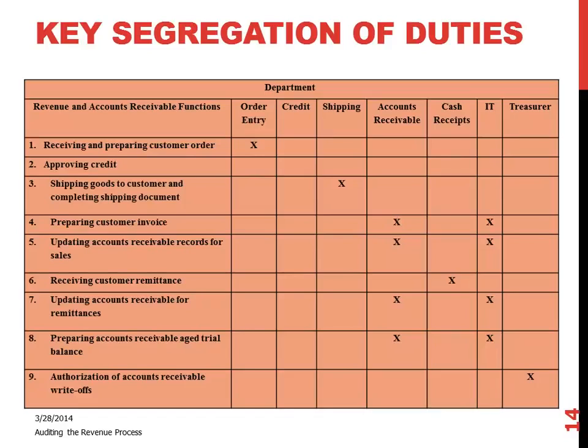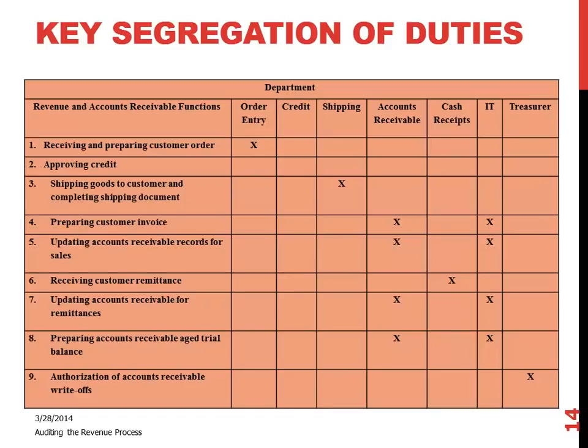Really dealing with the person who's responsible for overall the cash, right? So you would then, along that line, list the different departments across the columns, and then in the rows, list the different procedures that are being performed, or functions. So receiving and preparing the customer order, approving the credit, shipping goods to customers. So all of the steps that are involved in processing a revenue transaction, right? And recording that transaction through the collection of that transaction, of the cash, as well as the consideration of the